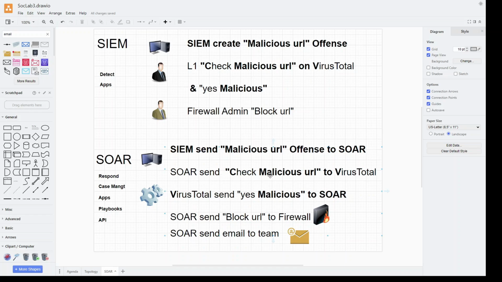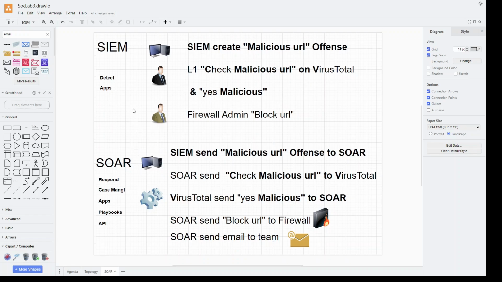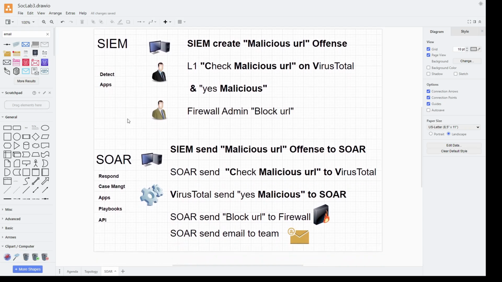And so we can see that this is going to be complementary to each other. We need SIEM to detect, but we need SOAR to respond. This is a very basic idea about SOAR and its relation to SIEM. So back to our topology here,